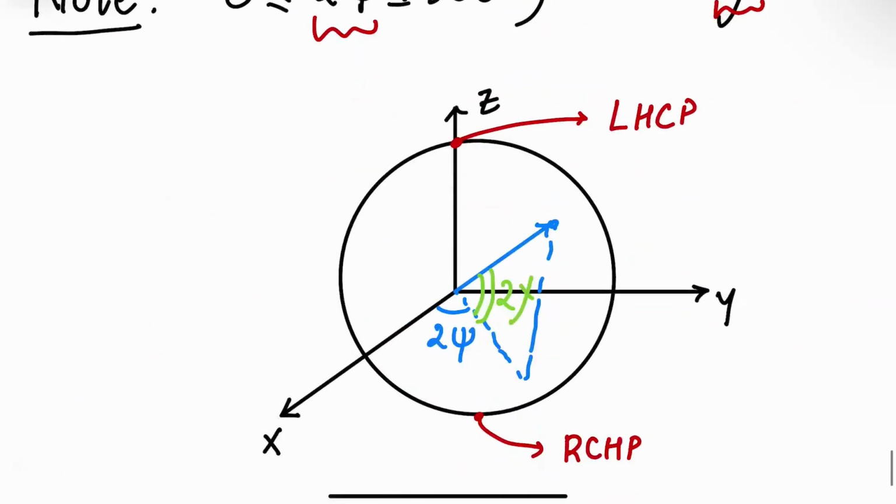So this is horizontal polarization, and the point right behind it, along minus x, you get vertical polarization,